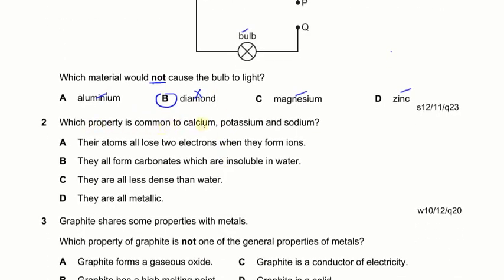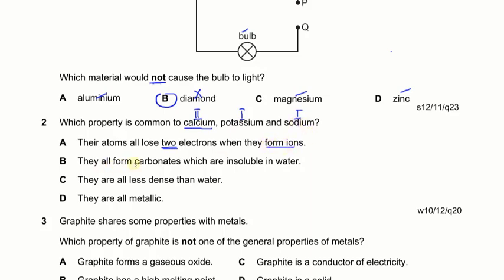Which property is common to calcium, potassium, and sodium? Okay, calcium is in group number 2 of the periodic table, potassium is group 1, and sodium is also in the group 1. Their atoms all lose 2 electrons when they form ions. That's not a true statement because calcium will lose 2 electrons, potassium and sodium will lose 1 electron when they